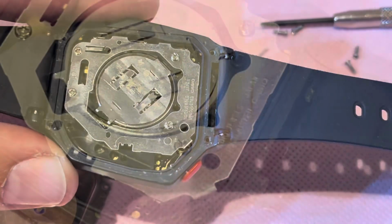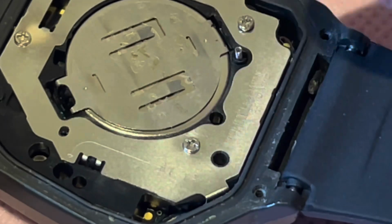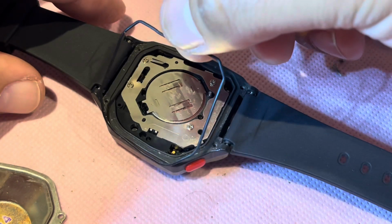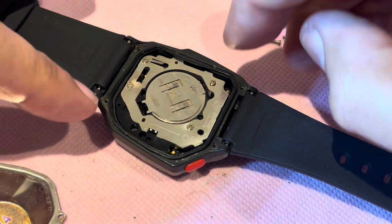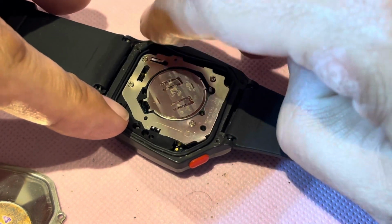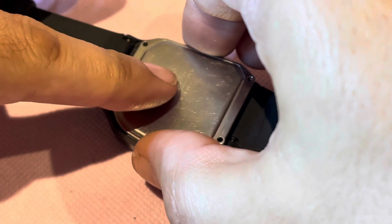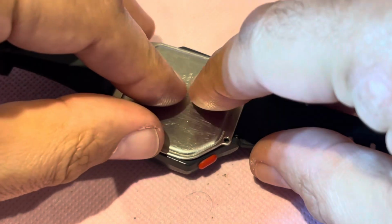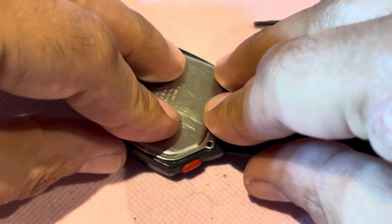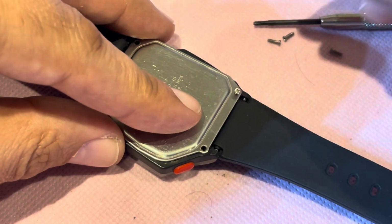And all you have to do is get your spring, put it in the hole like this, fit your rubber ring again, that's the seal to stop any water getting in. Fit your plate over, put your screws back in,